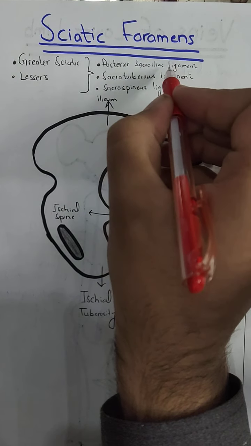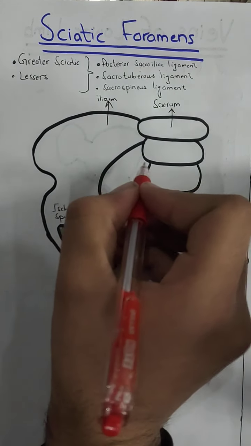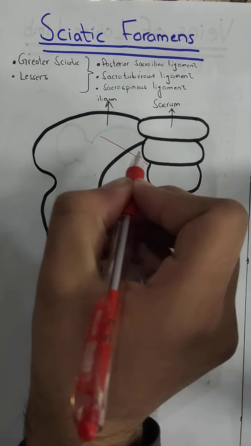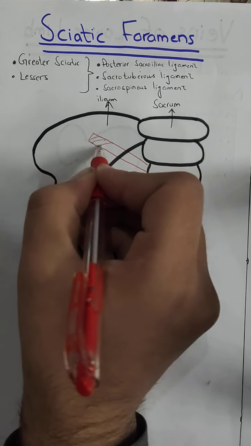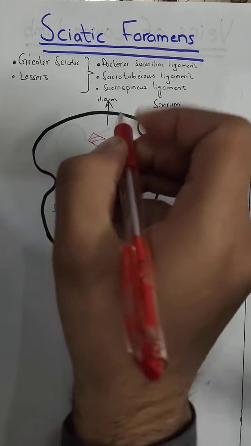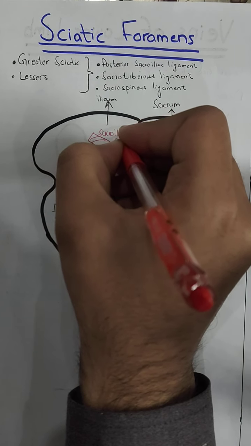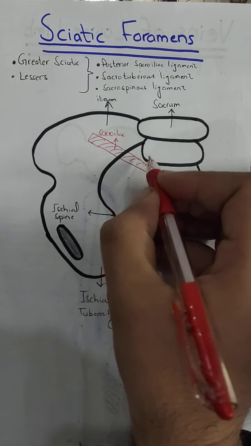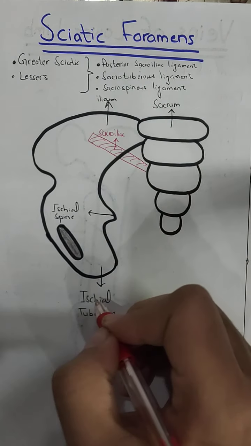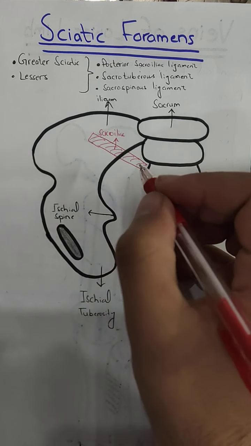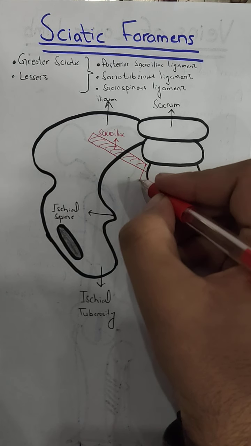We will draw these ligaments according to their name. So this is the sacroiliac, meaning it will extend from the sacrum to the ilium like this. Okay, so this will be the sacroiliac ligament. We will also label it. And the second one was sacrotuberous, meaning it will extend from the sacrum to the ischial tuberosity, and it is actually the extension of the sacroiliac ligament, and it will extend like this.